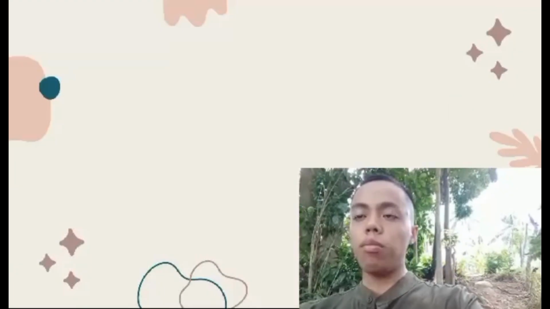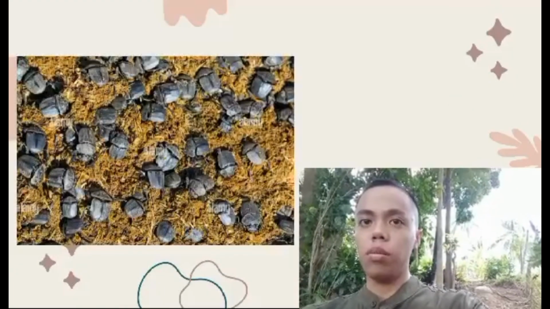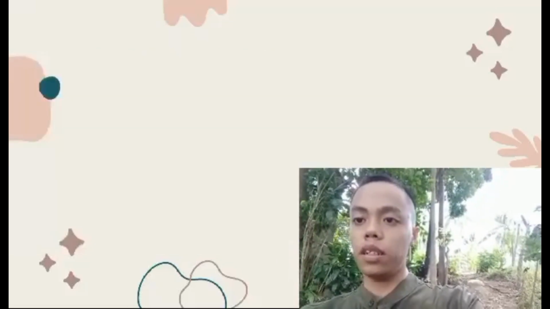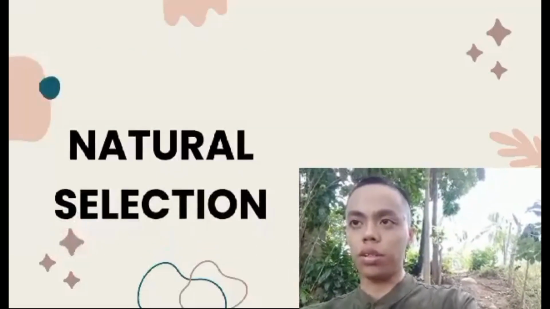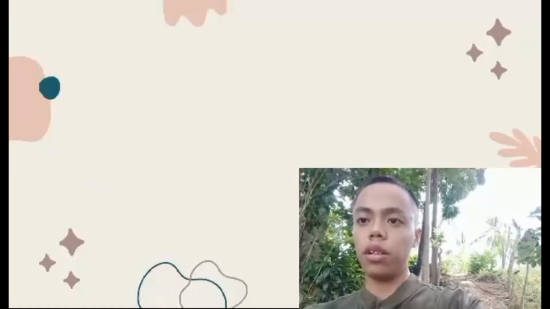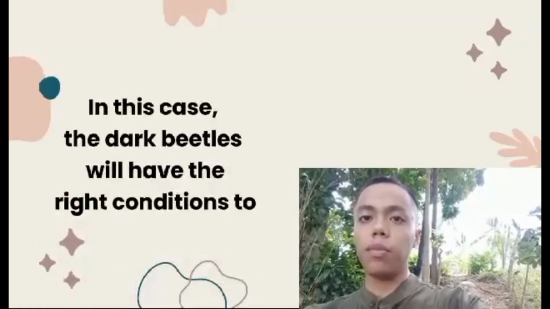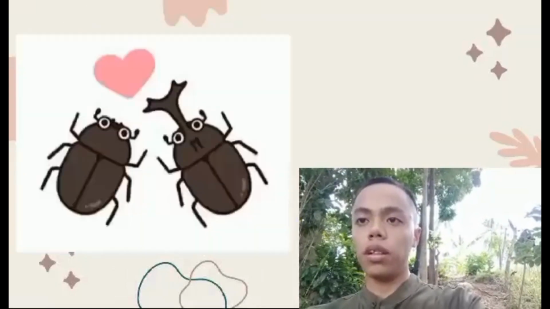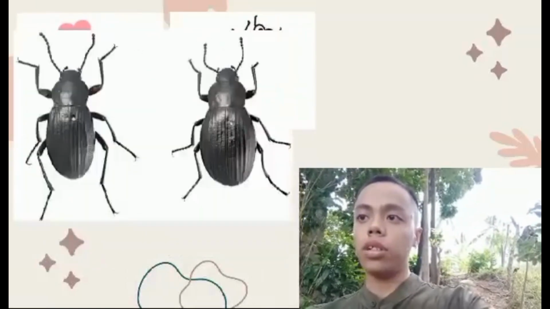Over time, this means there will be more and more dark charcoal beetles because they are harder for the birds to see. This is an example of natural selection, where the beetles are best suited to their environment. In this case, the dark beetles will have the right conditions to mate, lay eggs, and ensure the survival of